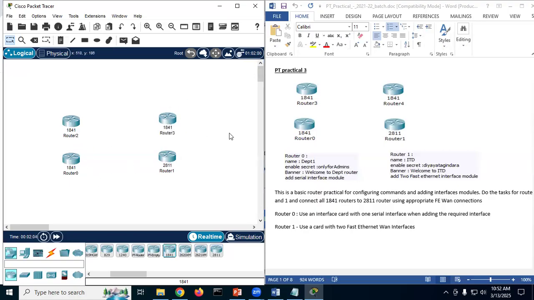So we don't have router 2, router 3 and 4. So we need to know how to rename. So I just rename the router 2 to router 4 by clicking on the place, right? So now we have